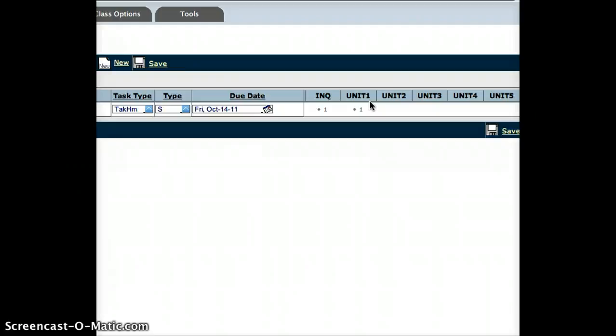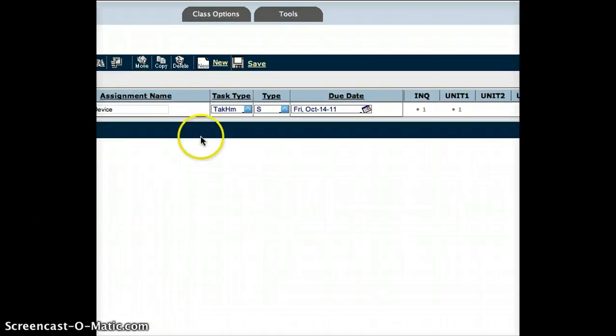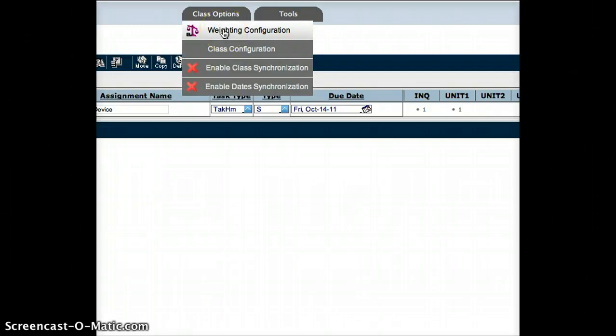The difference with a multi-age class is that you need to label what these are going to look like on the learner profile before you start doing your assessments. To do that, all you need to do is go to Class Options, Weighting Configuration,